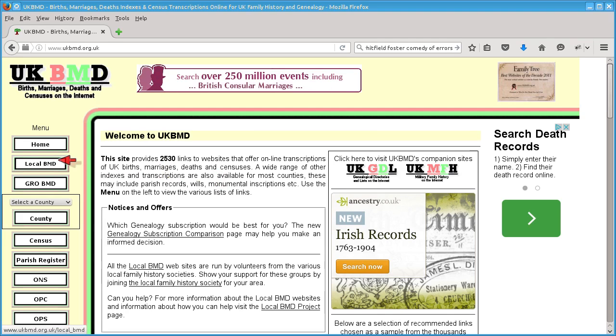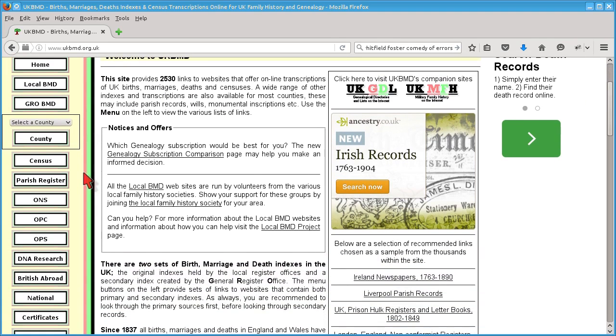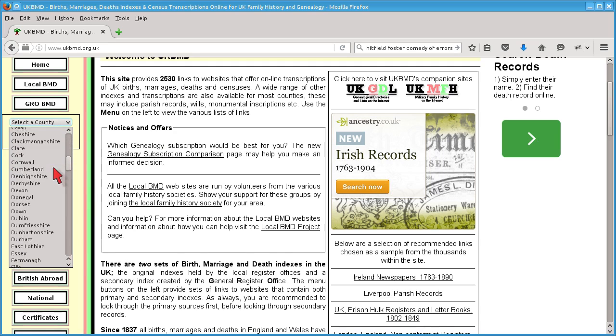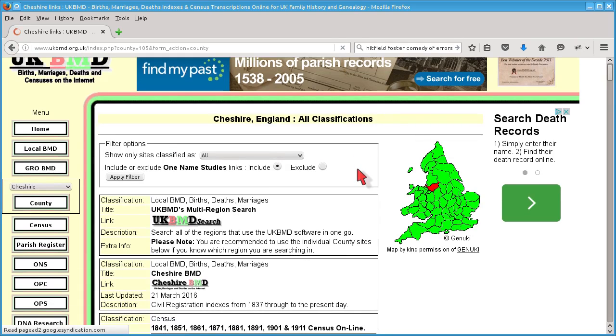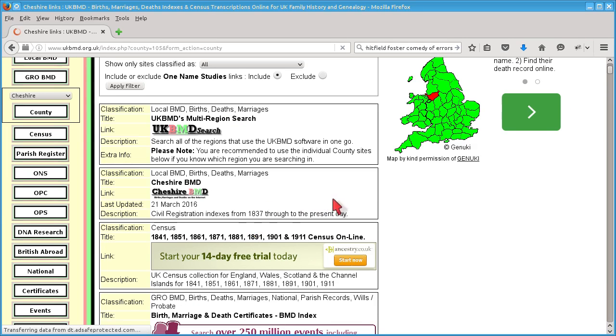Now we've looked at the local BMD, looked briefly at the GRO BMD, but every time we've found a website we've also classified it by what sort of data it contains and which counties it's applicable to. So for example, if you wanted to look for Cheshire data, click Cheshire and then click on the county button. We have links at the top to the Cheshire BMD and the multi-region search within UKBMD, but as we scroll